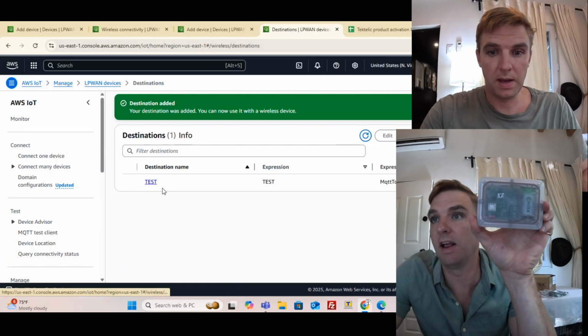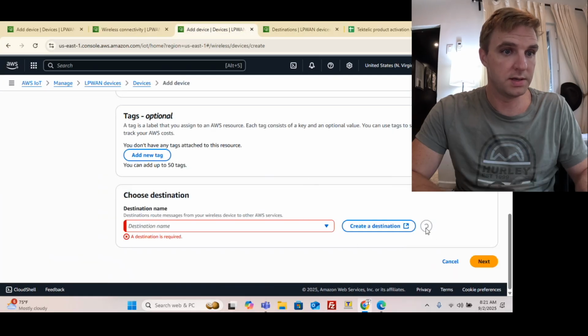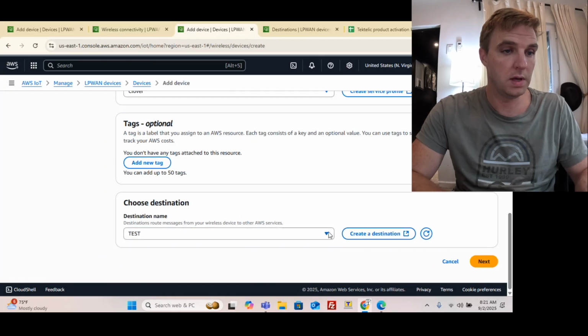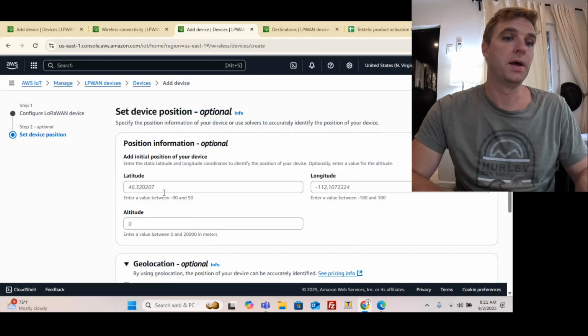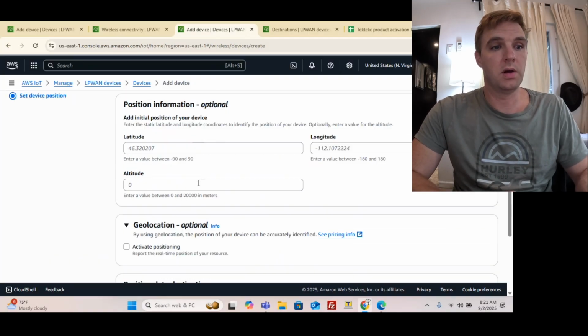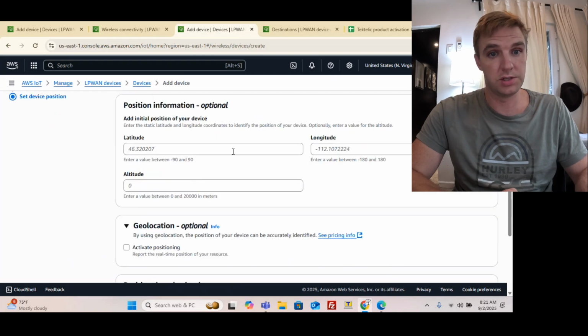Right, so let's navigate back to our AWS. Let's go to our devices, and under the devices page we are going to see the destination that we just created prior to setting up. It's going to ask us a few questions which we're going to leave out, but this is generally for